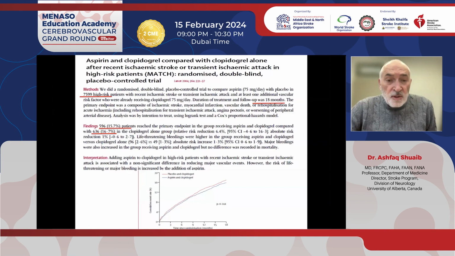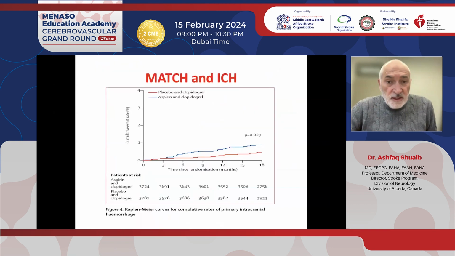And not only were they not a good idea for prevention, they also increase the risk of bleeding. So the risk of bleeding on dual aspirin plus clopidogrel was significantly higher than aspirin alone. And this started roughly around 3 months. Remember this number, 3 months. I'm going to come back to that in the next few slides. So this put a stop to dual antiplatelets as a long-term treatment. Emphasizes that as a long-term treatment, it was stopped.